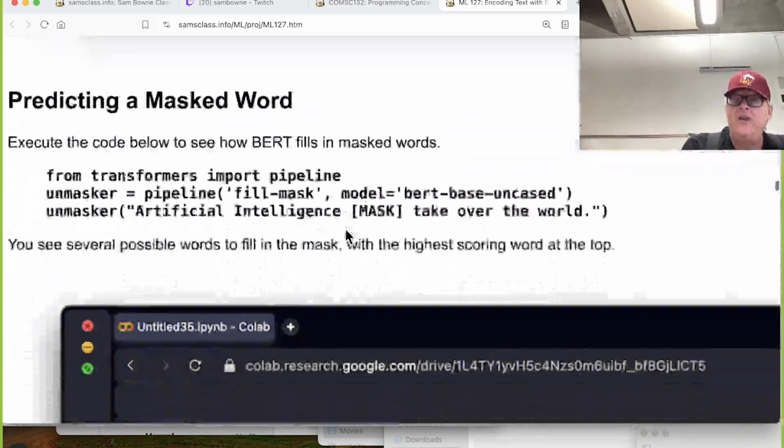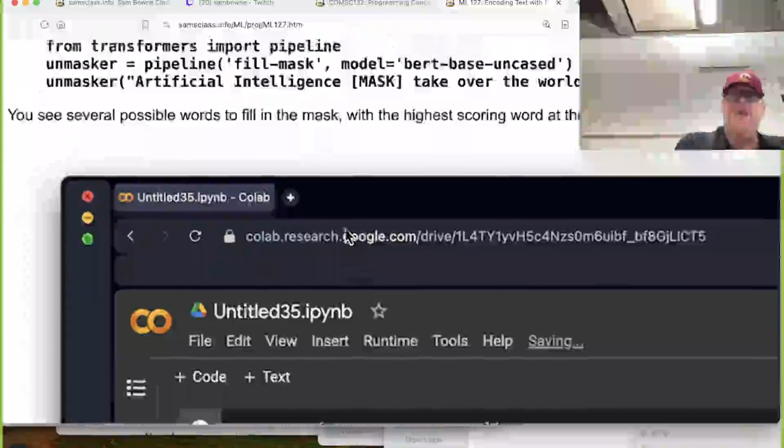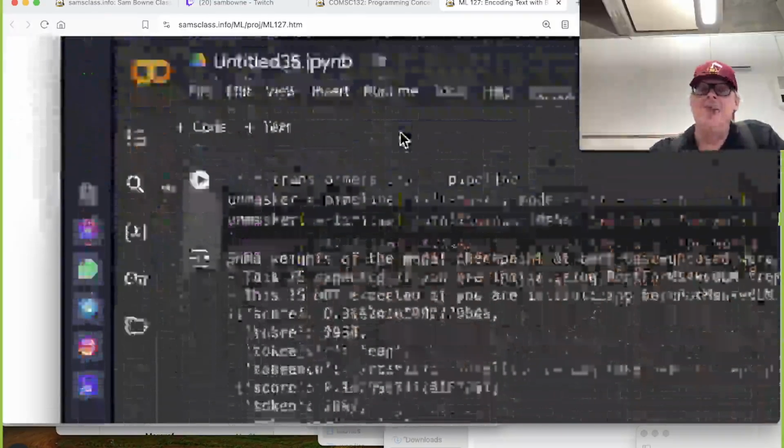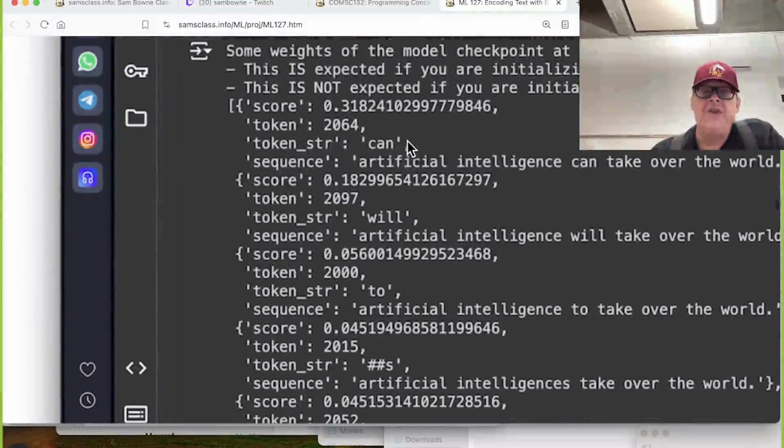This is how you do it. So it tries to predict the masked word. Here we have a sentence: "Artificial intelligence [mask] take over the world." There's a sentence with a word missing, and after training the model, it will attempt to predict that word, and here's what it does. It says there's a 20,